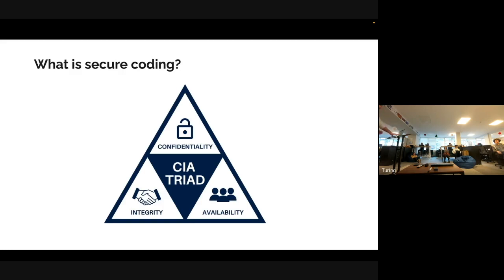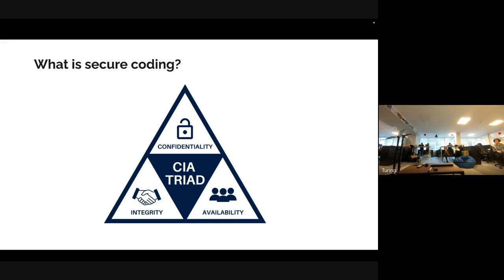So firstly, what is secure coding? Secure coding is writing software so that it will be able to maintain all aspects of the CIA triad, which is this nice triangle here, which I'm sure anyone that's looked at security before has seen. So you want to maintain confidentiality, which is ensuring data is only accessible by the correct parties. That's ensuring that if it's your data, only you can see that data. A hacker can't get into the database, they can't intercept your request to the server and read things that they